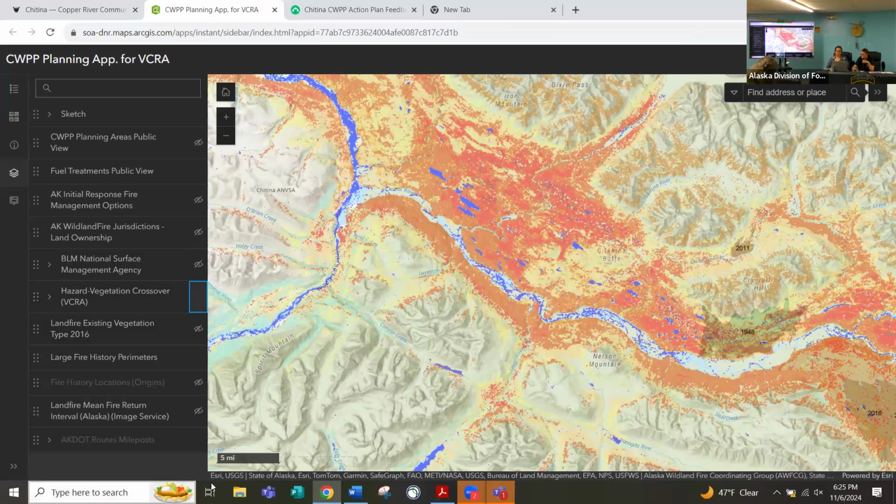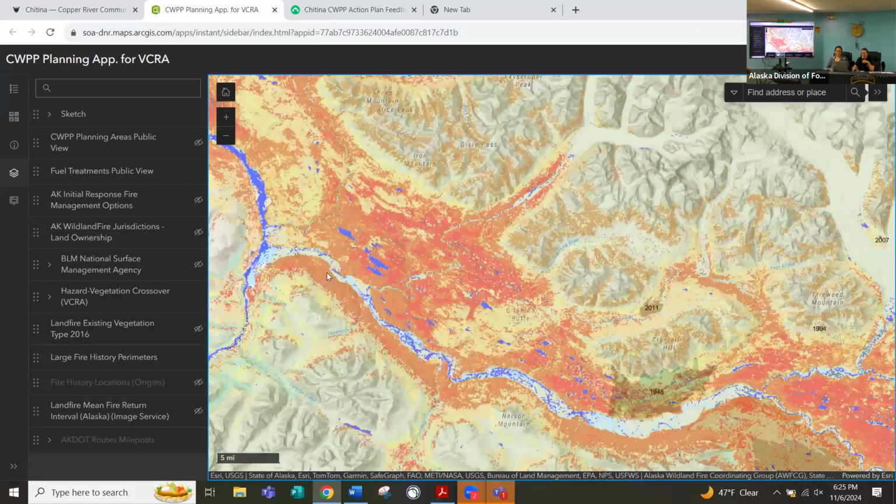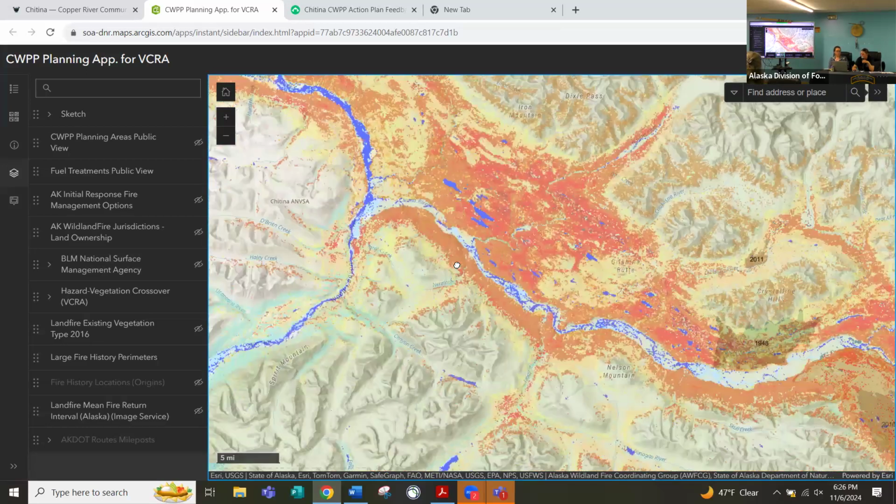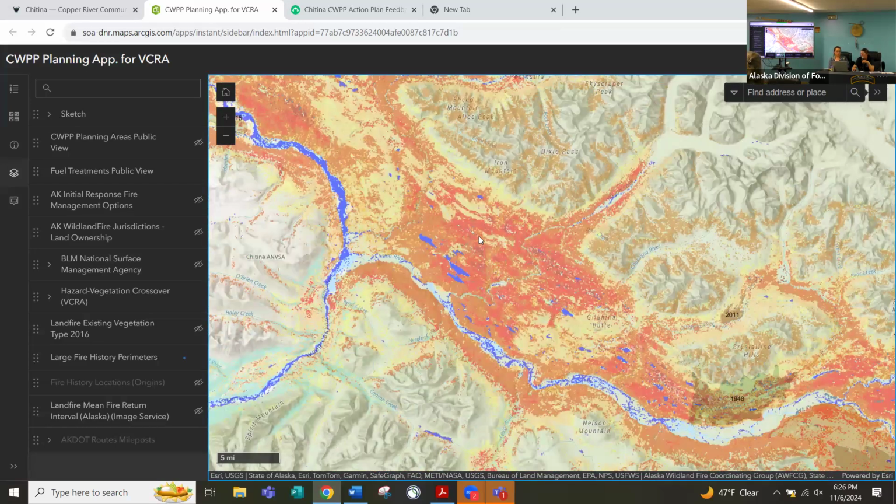So instead of looking at a layer that has, like I said, over 80 different types of vegetation, where the colors are not super meaningful to us, we created this to show the fire danger, and anything that is red is going to constitute a high fire danger when those conditions exist, if not very high. Those are the black spruce type forests. The orange colors are more of the white spruce forests or the mixed white spruce and hardwood forests.